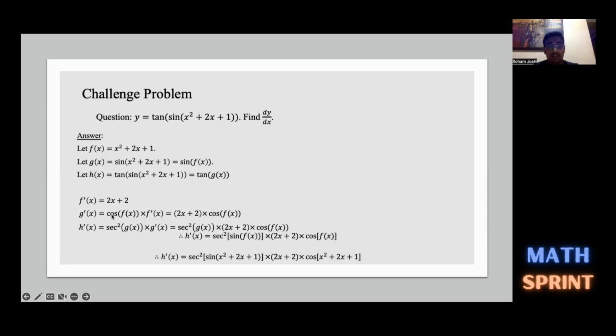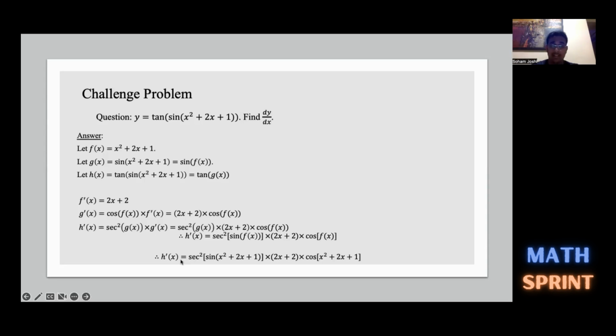g dash of x is equal to cos of f of x times f dash of x. And if you substitute these values, you get 2x plus 2 times cos of f of x. Then h dash of x, you get sec square of g of x times g dash of x. So you just keep simplifying and substituting the values for g of x, f of x, f dash of x, and g dash of x. And you'll eventually get